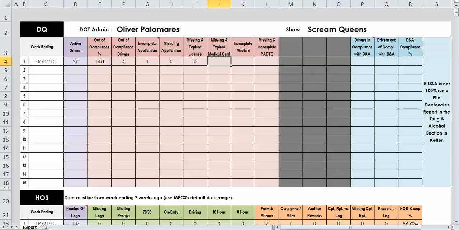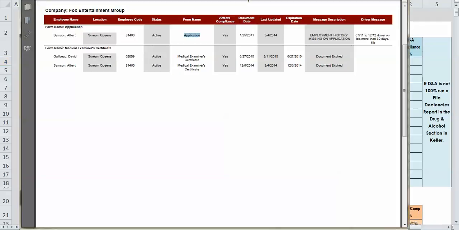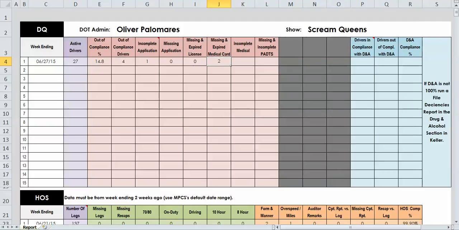Let's move on to medical cards. That's broken down into 2 columns. First column, we're looking for the missing and expired medical cards. Let's find out. We are having an expired medical card. We have 1 and 2. One for David Gubeau and one for Albert Sampson. Okay? Meaning we're entering here 2. We already noticed that there's no other information on there, so we know there's incomplete medicals 0 and 0 missing or incomplete previous alcohol drug test statements,